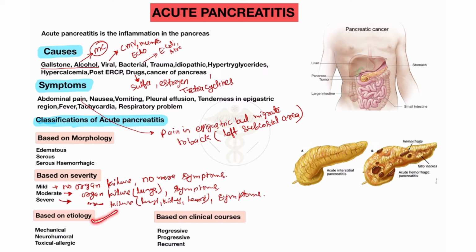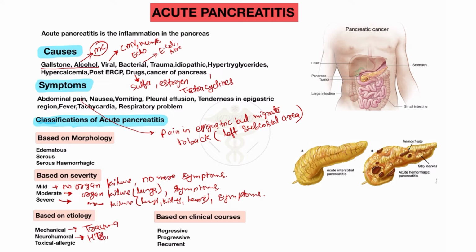Based on the etiology, there are three types of classification. Etiology means causes, based on causes. So mechanical classification, like I already discussed, trauma, any trauma that occurs. So mechanical classification, like trauma. Neurohumoral or neurohormonal, whichever you prefer to say. Neurohumoral, like you will see the